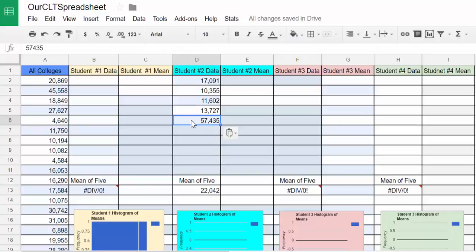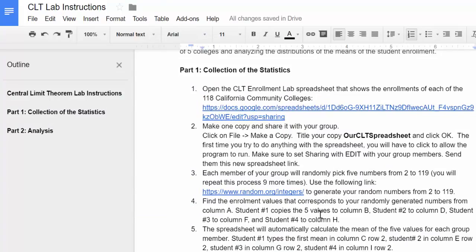Once I have the 5 data values in my data row, I notice down here it says mean of 5, 22042. In the instructions, what it tells us to do is find the enrollment values that correspond to your randomly generated numbers from column A. I did that. Then it says a spreadsheet will automatically calculate the mean of the 5 values for each group, which we saw. And then it says we're going to type the first mean in our column, whether it's C, E, G, or I,